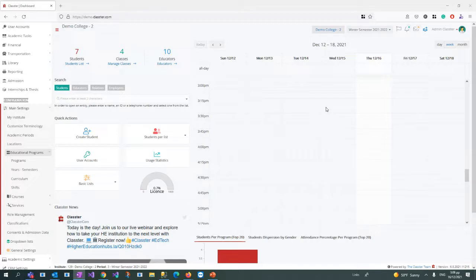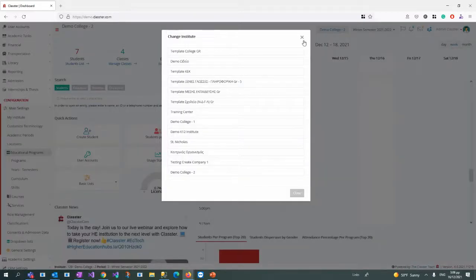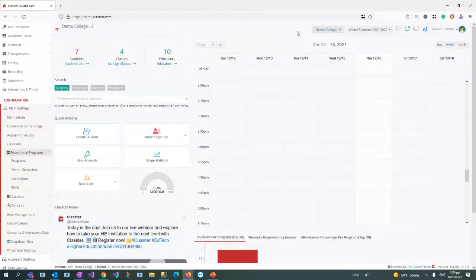We can either create multiple institutes in Classter, so each institute will have its own company in Classter, or we can create different locations in this field and differentiate the people based on the location. The main difference between these two solutions is that if I keep all the locations in the same institute in Classter, like in my example,